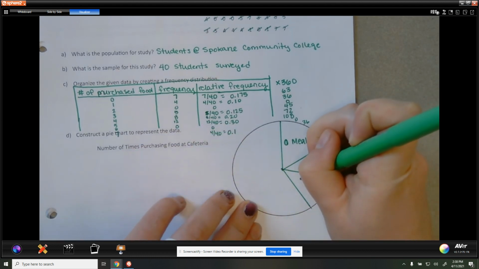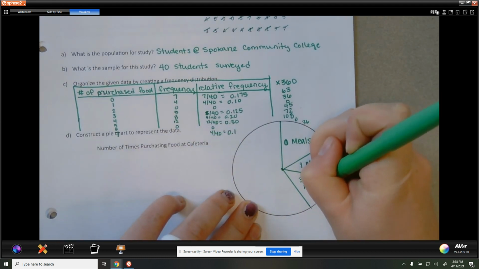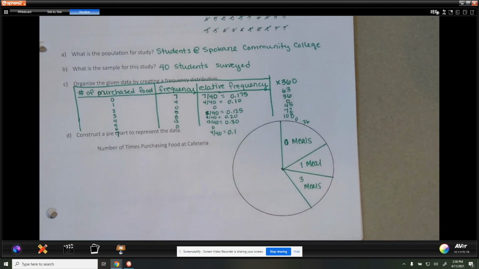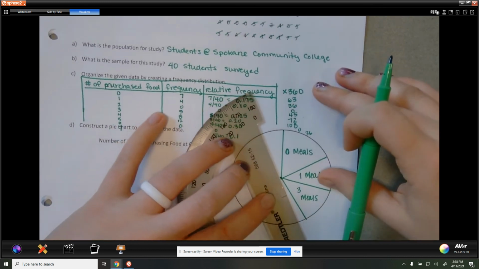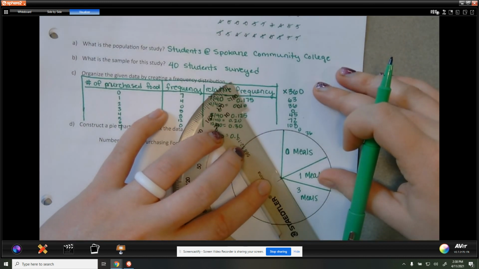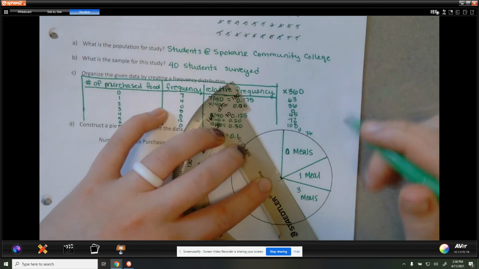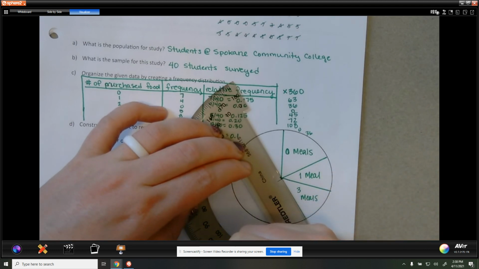And this was for 3 meals. Okay, 72 from there. Okay,